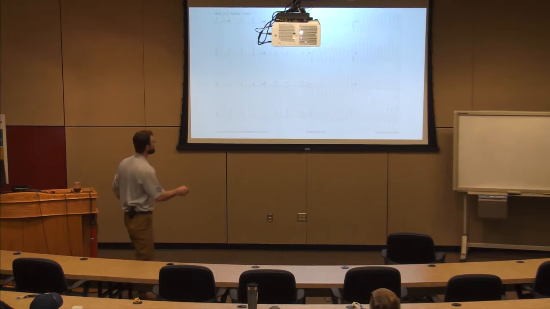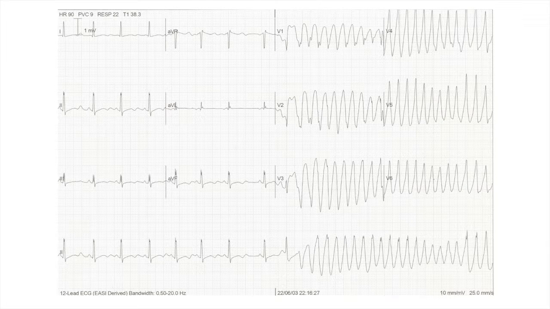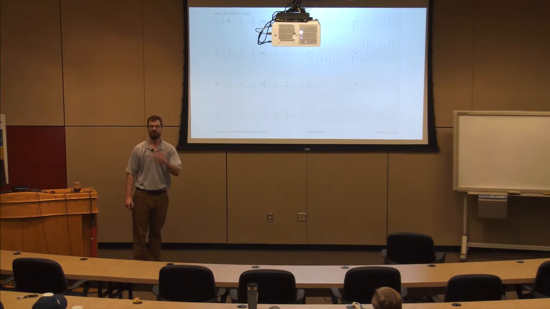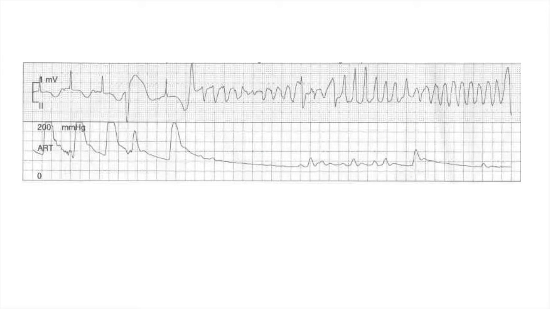Here's an example, long QT. Here's the end of my T wave, here's the beginning of my Q, clearly long QT syndrome. And it transitions into torsades, and it just happens like that. It doesn't slowly go into it. It just decides now, and it runs. Make sense? That's an excellent example. Long QT: here's the end of the T wave, the beginning of the Q wave. Clearly that QT interval is more than half of my RR interval. You can do that all through there. It's just dying to run into torsades.